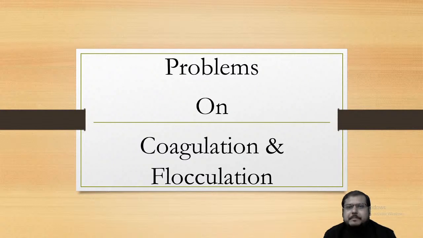And as the colloidal particle is having a protection with the electronic layers, to break those electronic layers, we have to apply a chemical from outside called as coagulant. That coagulant will destabilize the colloidal particle and then it will form small flock. So up to this it's called as coagulation.